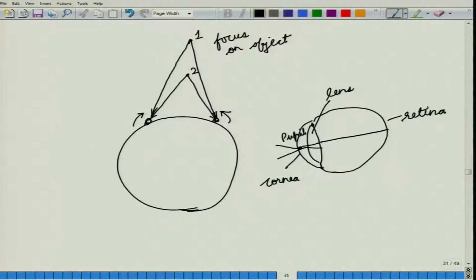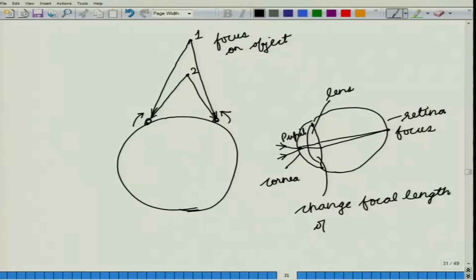Now, to permit that these rays be sharply focused on the retina, you need to change the focal length of the lens, which is done through these muscles called ciliary muscles. So, now if you wanted to focus at this object 1, which is at a greater distance,